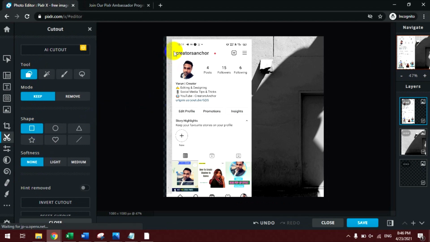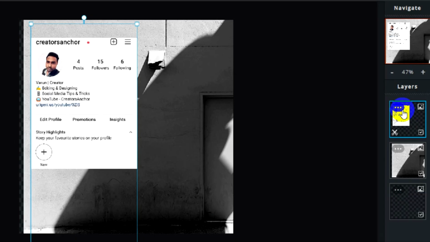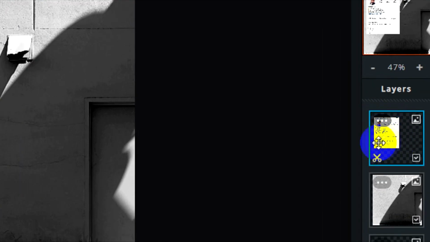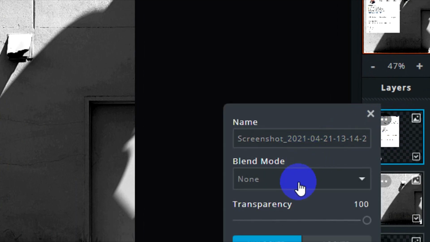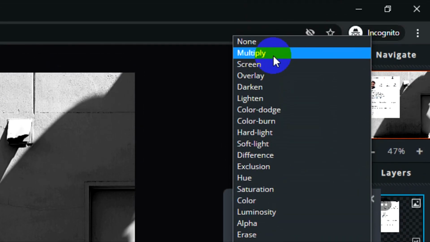Now click on image and drag it below like this. Now the image is cropped. Close this. Now click on the three dot button here on the Instagram screenshot image layer and go to blend mode and select multiply.